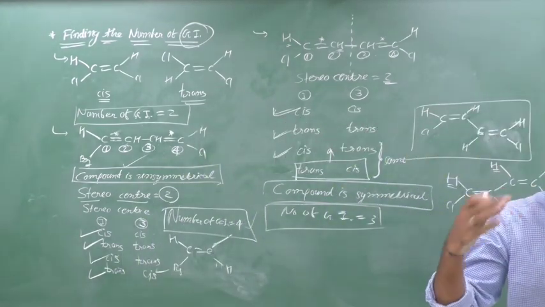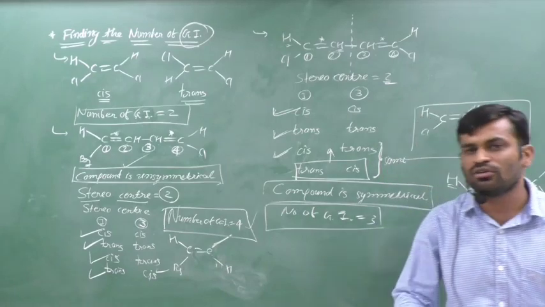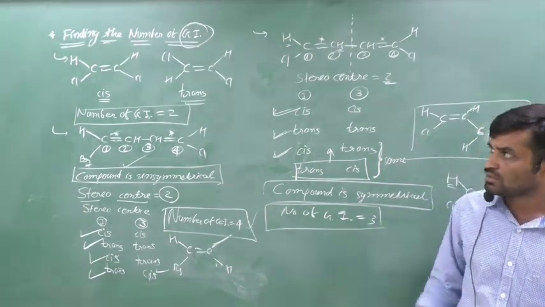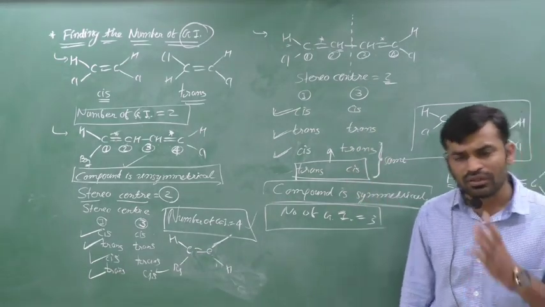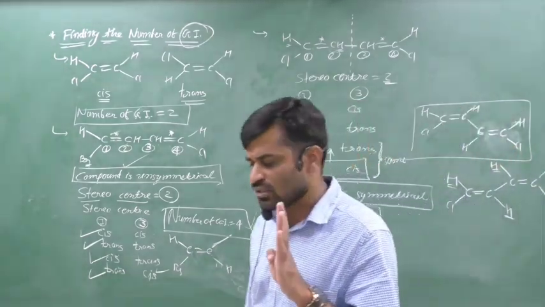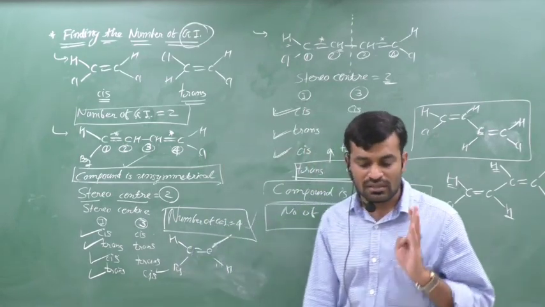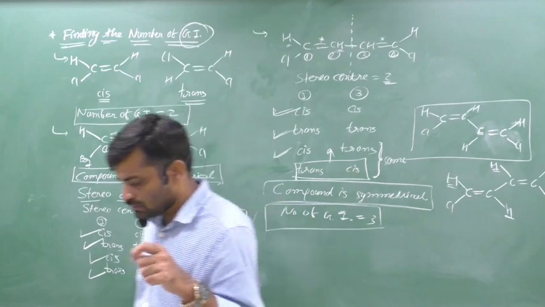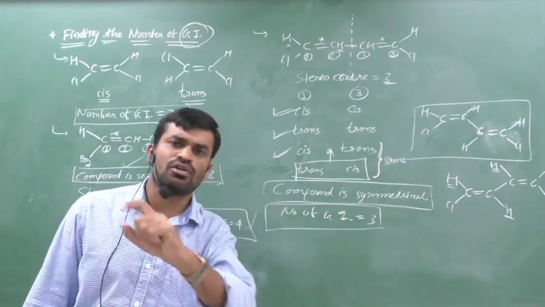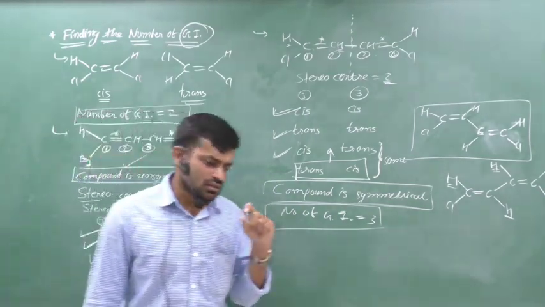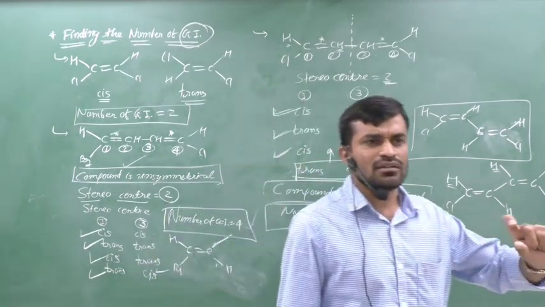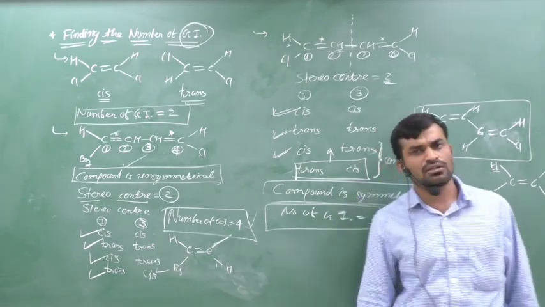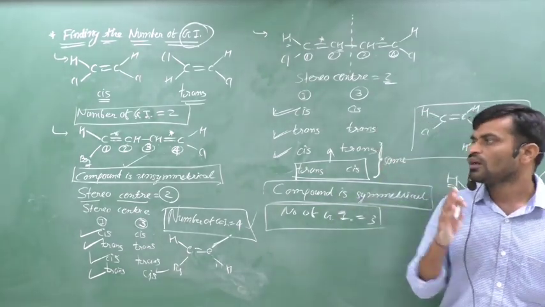Now we can calculate the number of GIs with the formula. Don't worry, it is very easy work to find the GIs in any compound. We need two pieces of information. First is symmetrical or unsymmetrical, and second is the number of stereo centers. In some books, friends, the concept is written like same ends and different ends, but it is not true for all cases. Therefore we remember symmetrical and unsymmetrical.